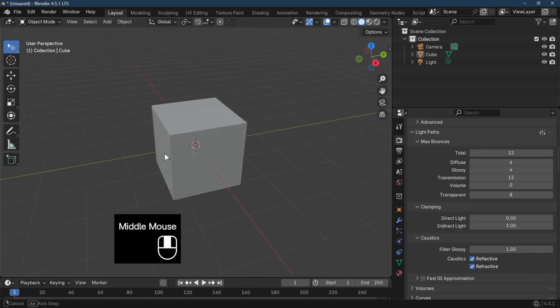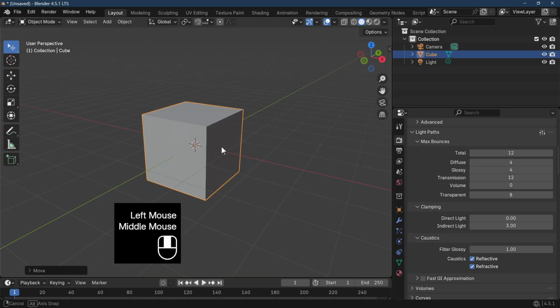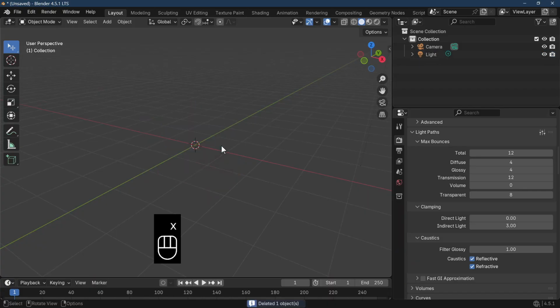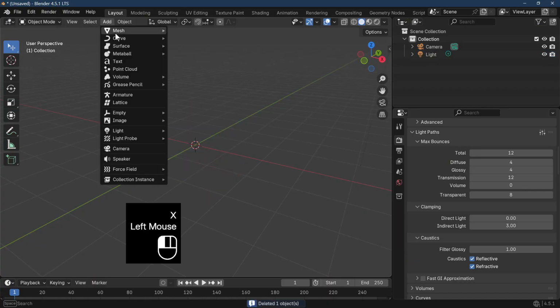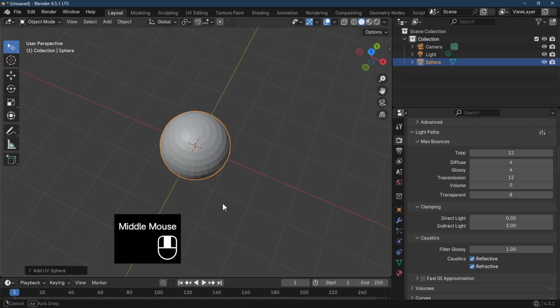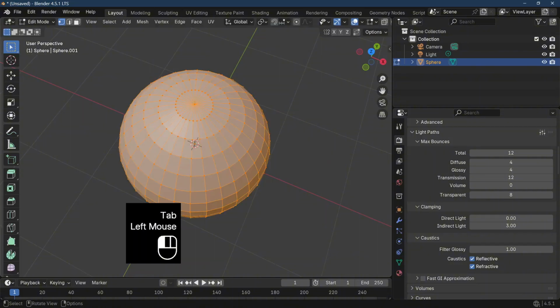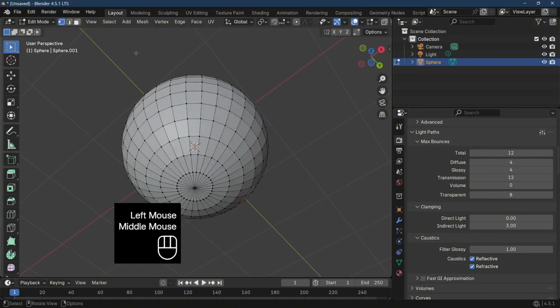In this tutorial, what we're going to do is make a quick pumpkin, and I'm going to show you the easiest way I've found to add a face into my pumpkin. So let's delete this, and add in a mesh. The mesh we're going to add is a UV sphere, because that's the closest thing I've got that's shaped like a pumpkin. If we go into edit mode by pressing the Tab key, we're going to select the top point